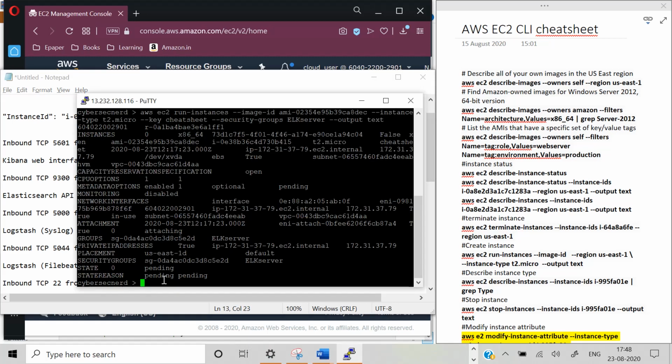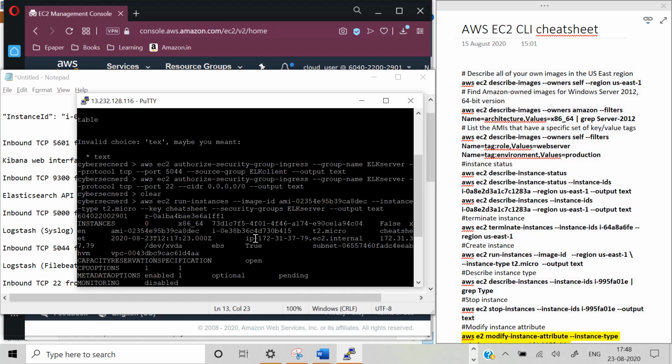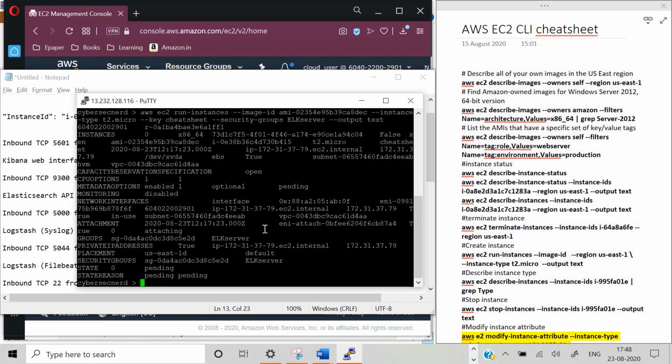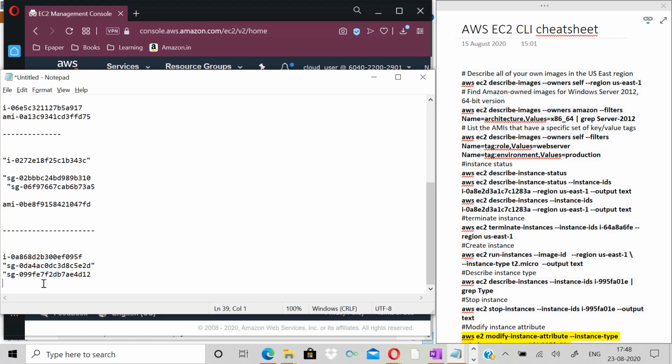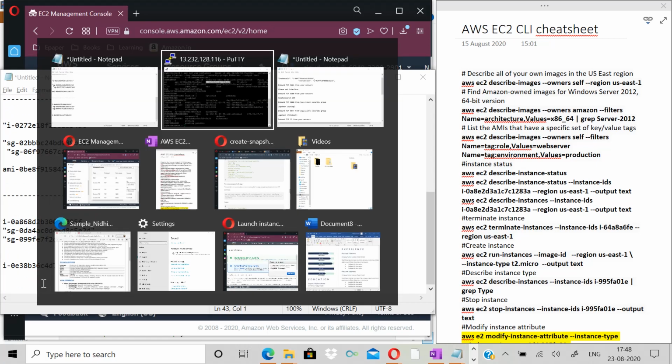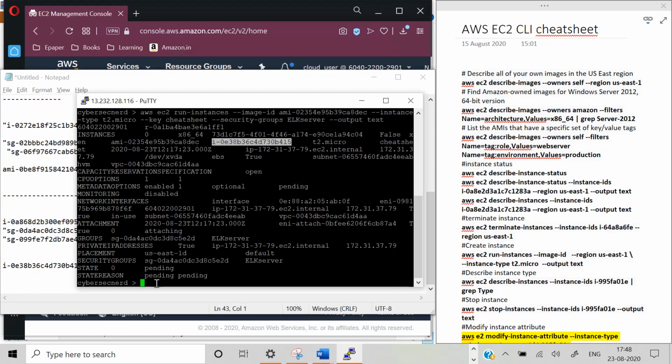For example, if we want to describe the status of this instance, this is the instance ID. Maybe I can just record it so that I can use it. Now, if you want to change the instance type, at this point the instance type we are using is t2.micro.